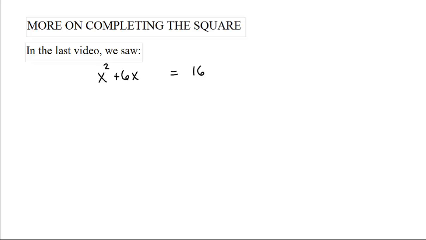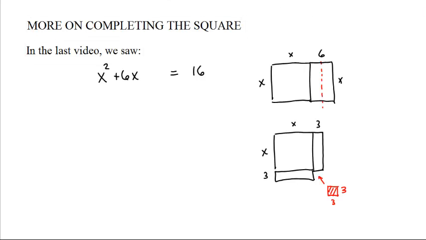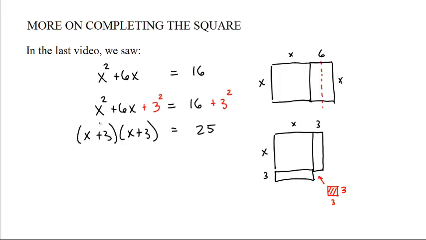In the last video, we slowly went through the process of solving this equation, x squared plus 6x equals 16. We looked at it as an x squared plus a 6x. We split the 6 in half, moved the thing to the bottom. We had to complete the square by adding in a 3 by 3 little bit. We added 3 squared to both sides, and that enabled us to turn it into a perfect x plus 3